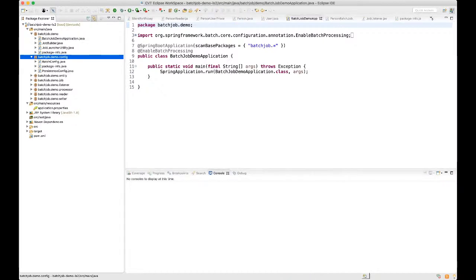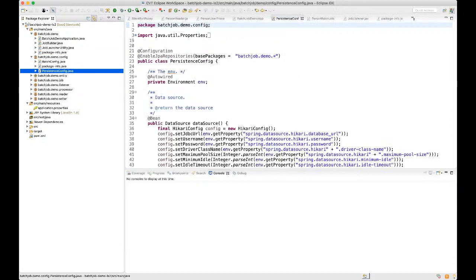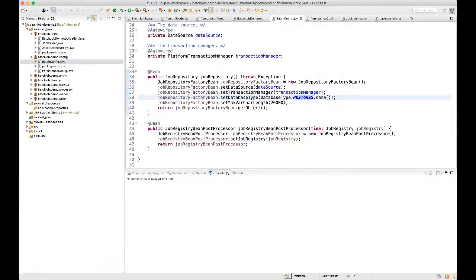That's why we have our persistent config, and then we define a batch config, which tells us what the DB will be, which in our case is Postgres. So in the configure section we are defining the database related part.